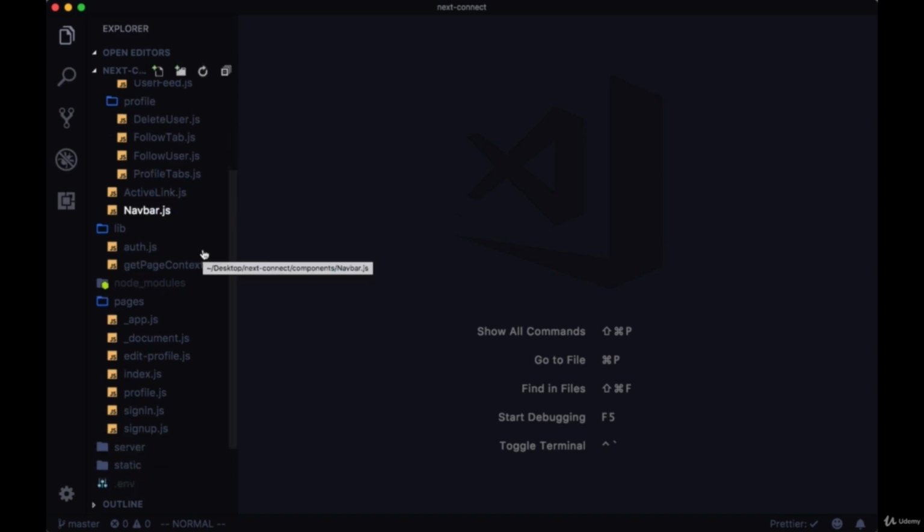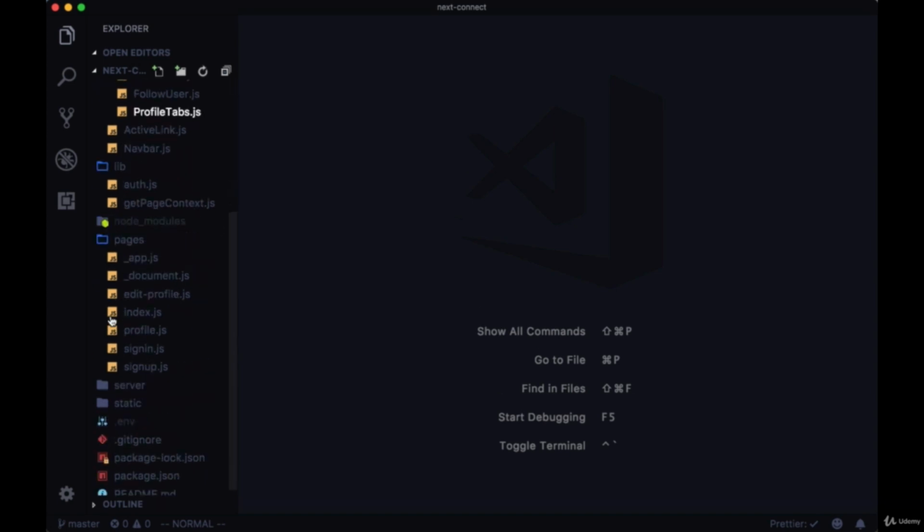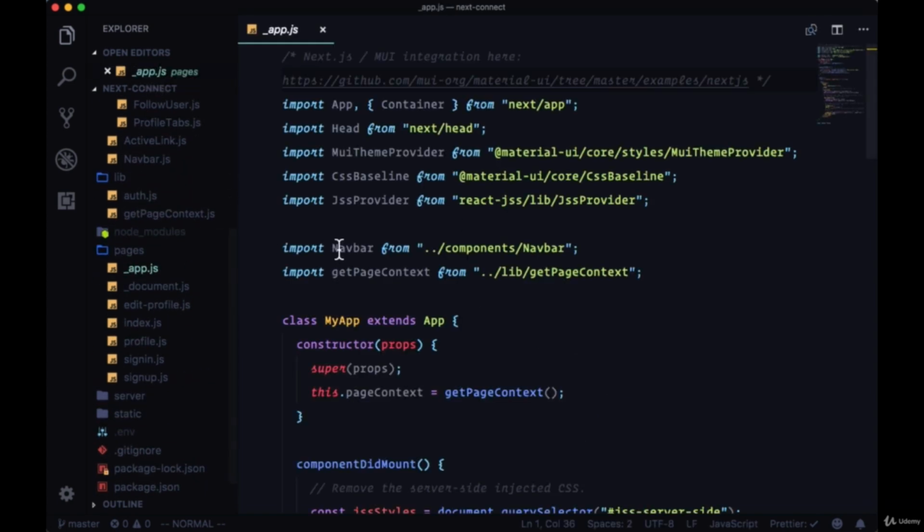Now when it comes to using Material UI with Next.js, it requires quite a bit of configuration to get going. So you'll see a couple of files here, namely get page context in the lib folder, as well as this custom app page. So we didn't touch on what app is. This app import from next/app is actually a component which wraps our entire application,